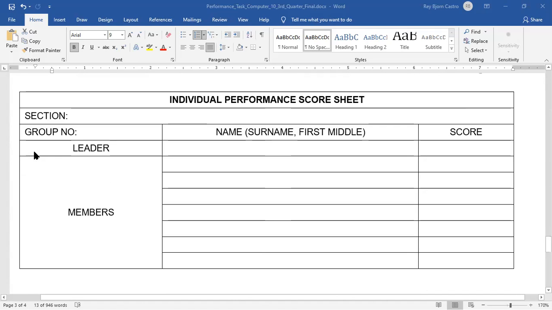Okay. So this is the one that the leader will accomplish. So using that rubric, he or she will be giving a grade for everyone. And all the members will be using the same rubric to grade their leader. The assistant leader will be the one to get the average of all the grades provided by the members, and the rounding off to the whole number will be the grade of the leader.